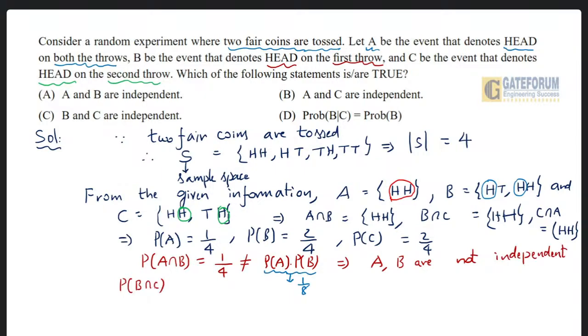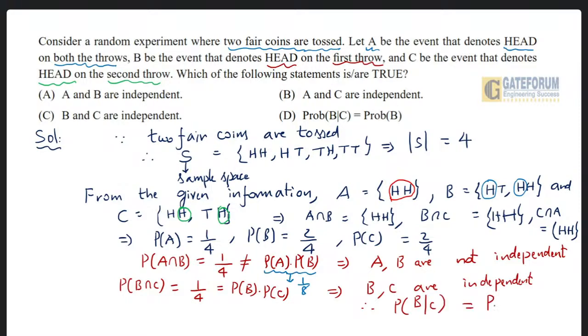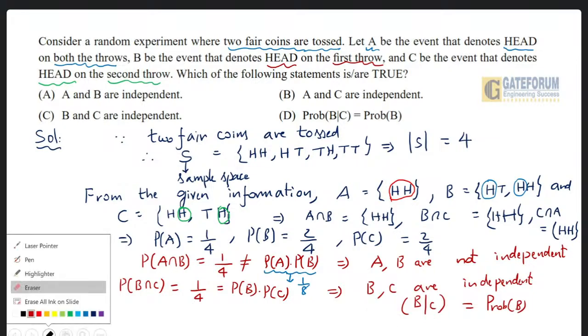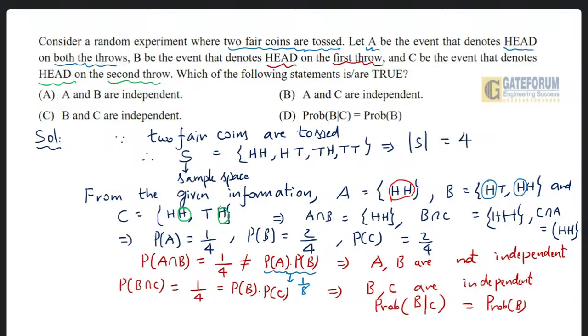Next, P of B intersection C is equal to only one favorable outcome, 1 by 4, whose P of B into P of C is 2 by 4 into 2 by 4, which is 1 by 4. So you will be getting P of B into P of C, which implies B comma C are independent. Therefore, the probability of the conditional event B given C is equal to the probability of B. So this is also correct. Next, finally,